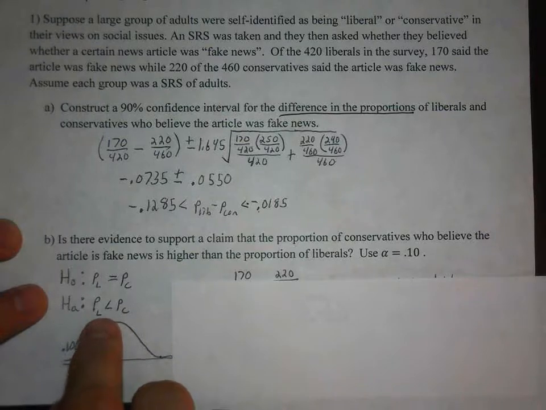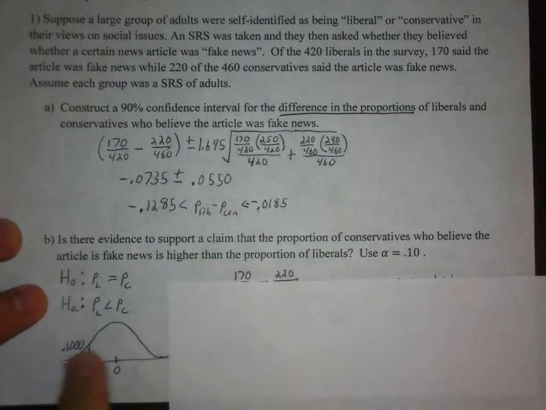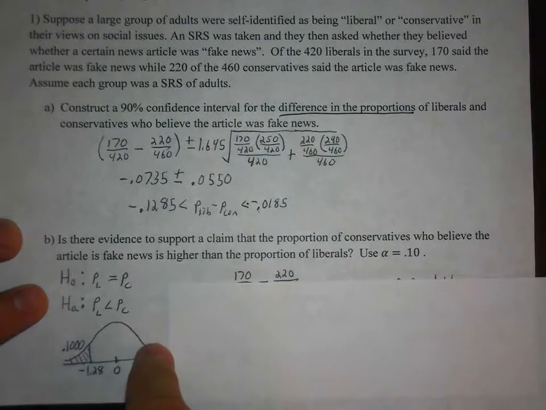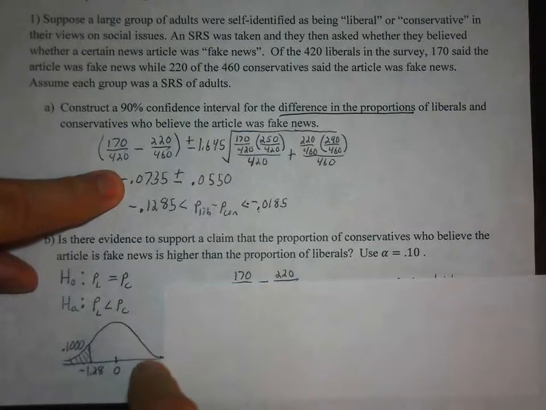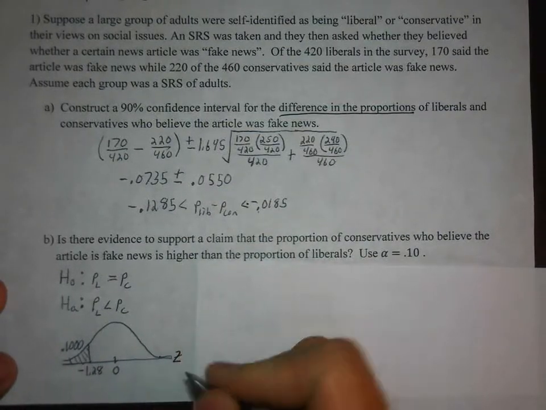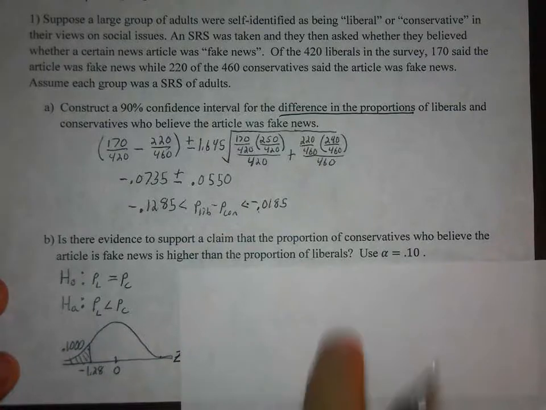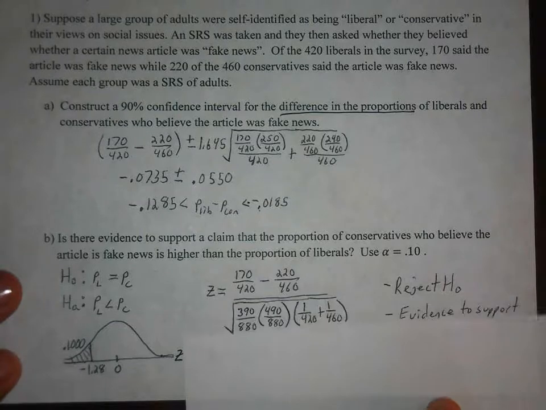Now, I just wrote it this way, liberals less than conservatives. You could also say proportion of conservatives greater than liberals. That will just, again, flip-flop which side of the curve you're on for your rejection region. Just like flip-flopping up here in the confidence interval, you'd have a positive number here. It's the same idea. Okay, so on my axis, with a 0.10 alpha value, that gives me a z-score of negative 1.28 for the critical number. So then when you calculate your test statistic,